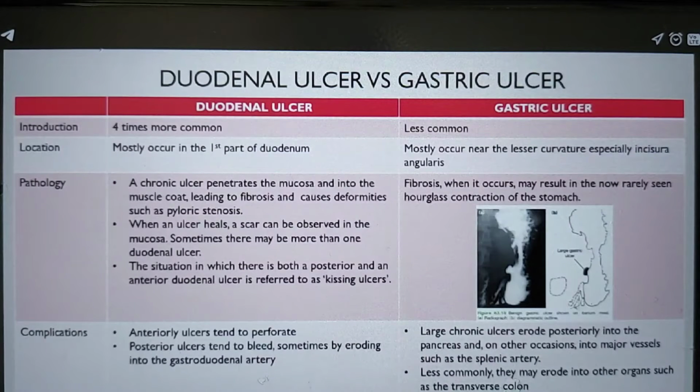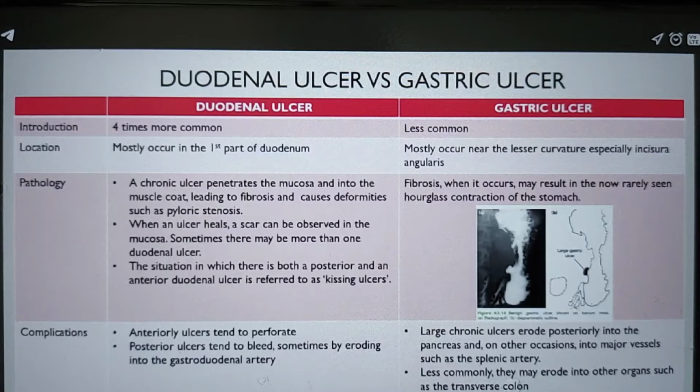Right now I'll be sharing the difference between duodenal ulcer and also gastric ulcer. So the most common one is duodenal ulcer compared to gastric ulcer. And for duodenal ulcer, we can see it mostly occurs in the first part of the duodenum, and usually in